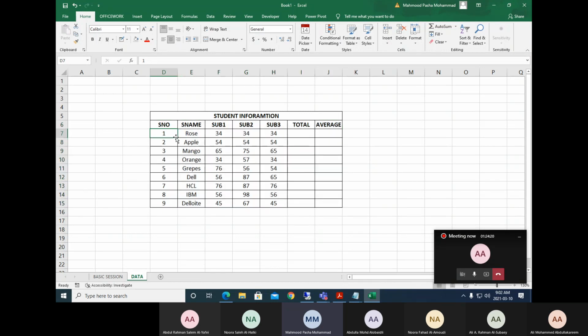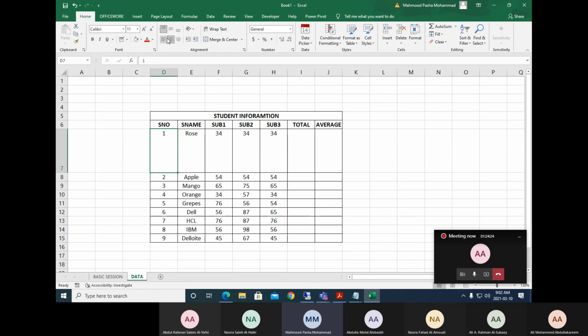When you want to arrange the data in the cell, for example, here you can see this one. See, now it is changing. You can understand this, I hope. This is center, this is down, this is top. Center, down, top. So try to understand this.